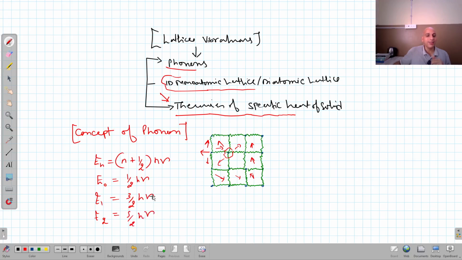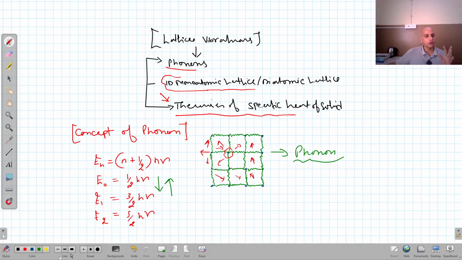So it can go from one energy state to another state by acquiring energy, or it can come back to the lower energy state by radiating some energy. So that energy which is either absorbed or evolved during these lattice vibrations, that quantum of energy is called a phonon. This word has been chosen in analogy with the word photon, that is the quantum of energy in electromagnetic radiations. So the quantum of energy in lattice vibrations is known as a phonon.